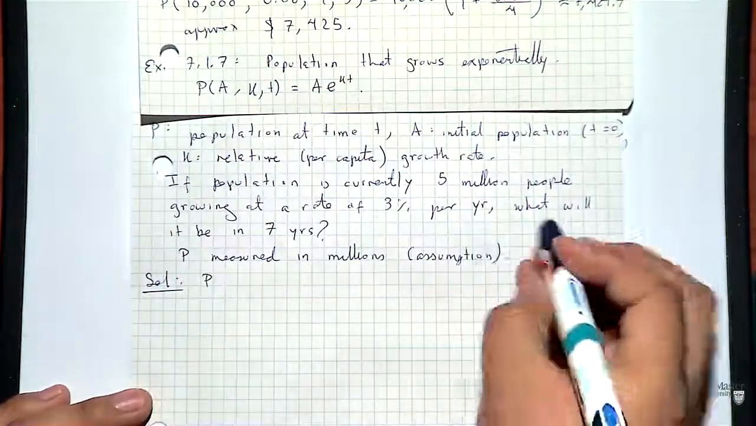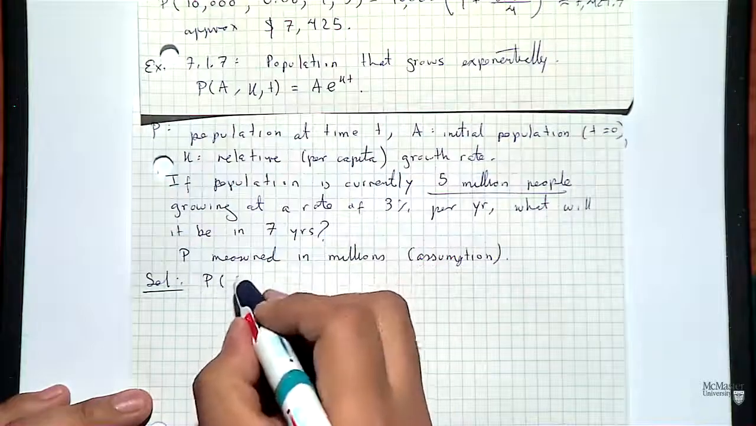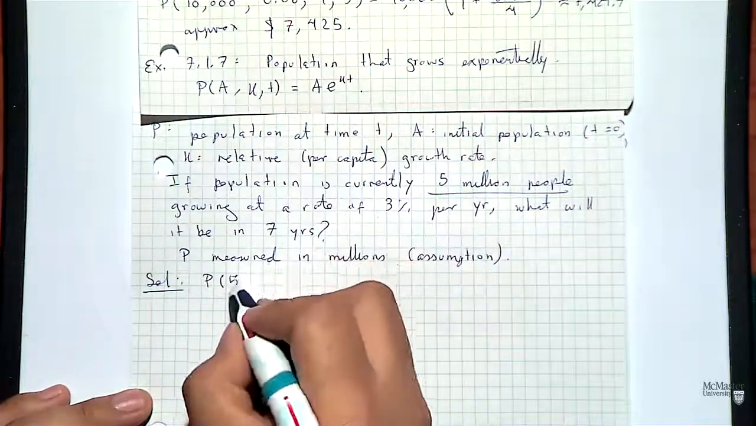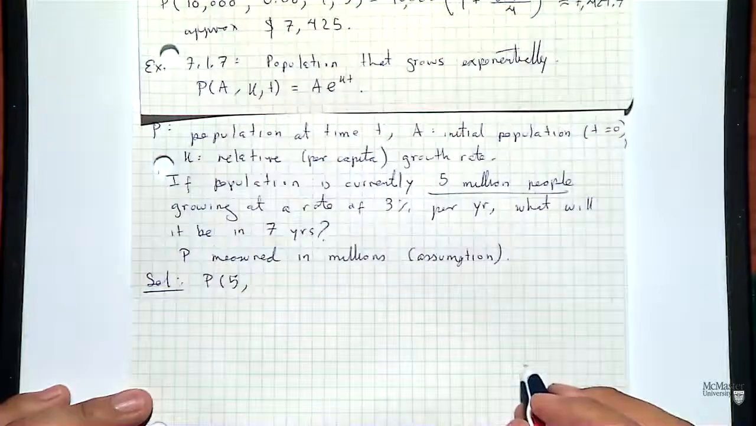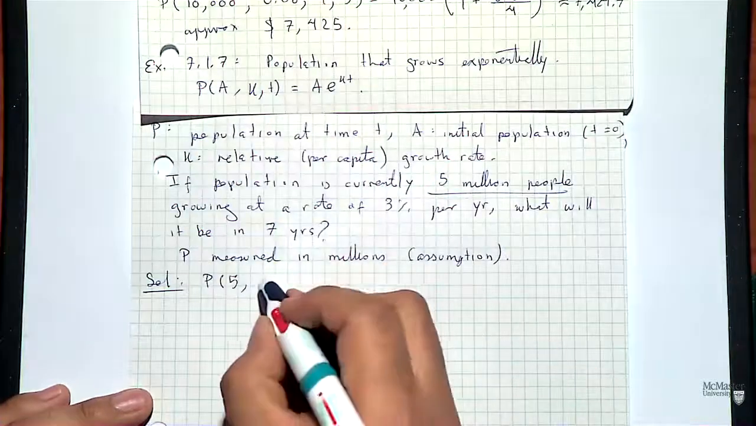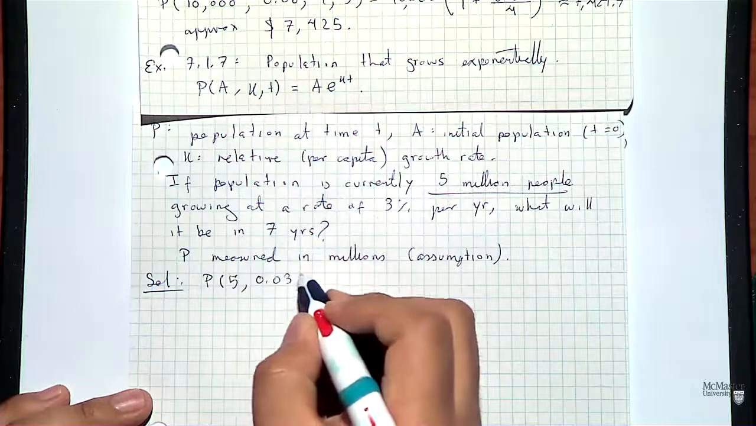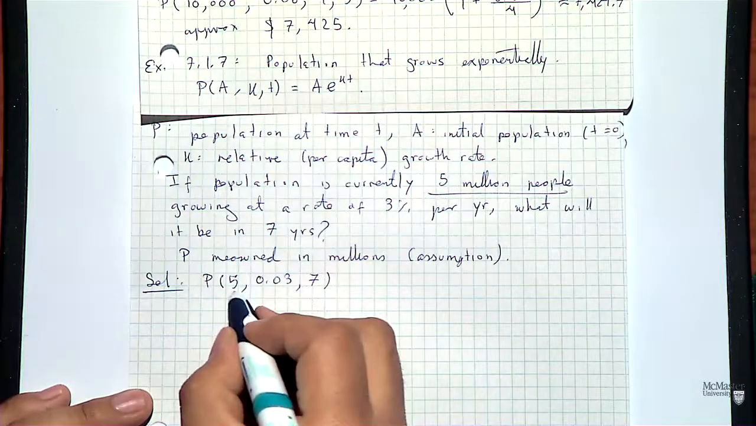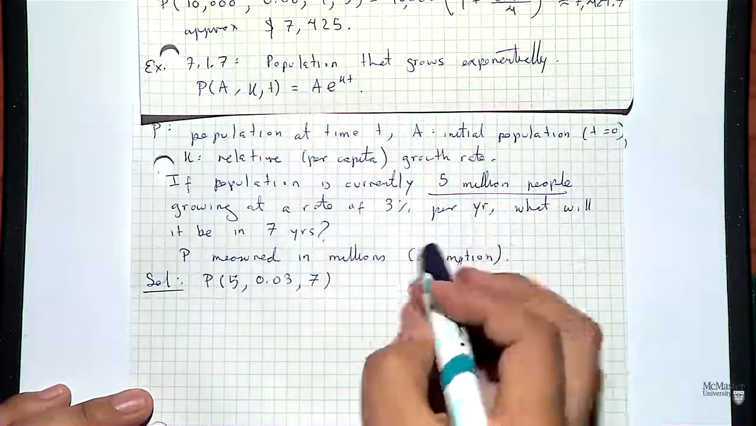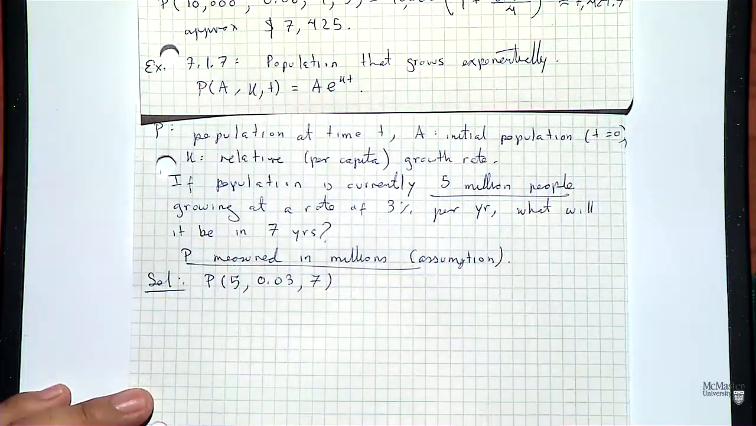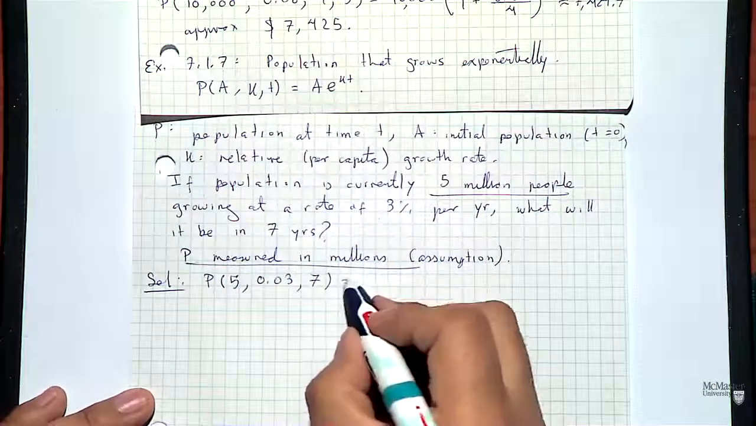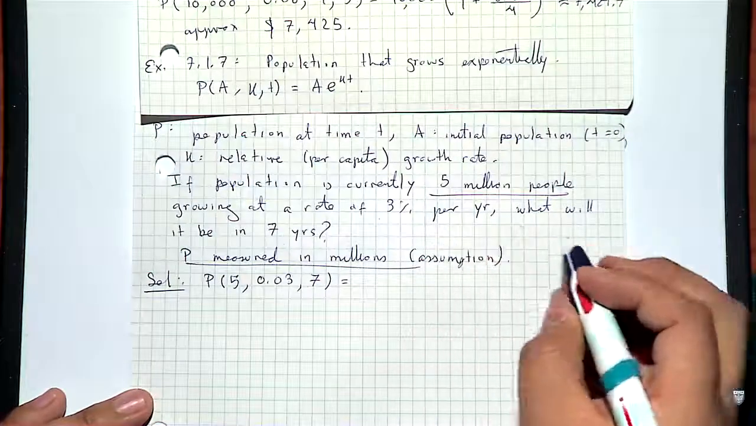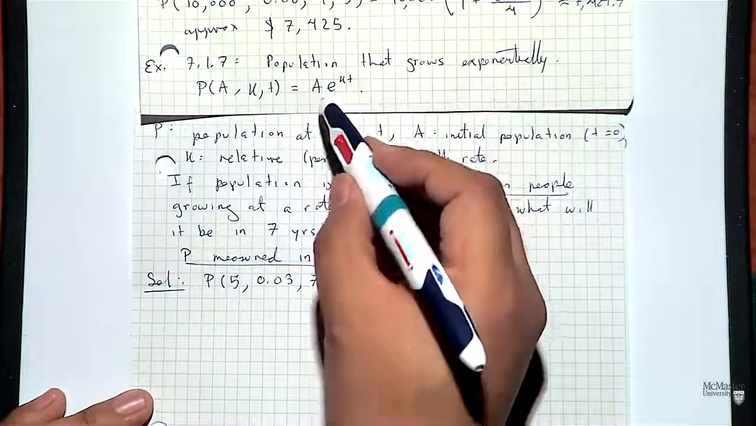So you go to the solution. Given the units, you have P equal to 5. One of the variables is 5, and then in terms of the rate, you have 3%, so that is 0.03. And then you have 7, which is the time. The first is the initial population, which was 5 million people, remembering that the population is measured in millions. So we're just going to evolve in time, which means using the formula that we have, plugging in like this,